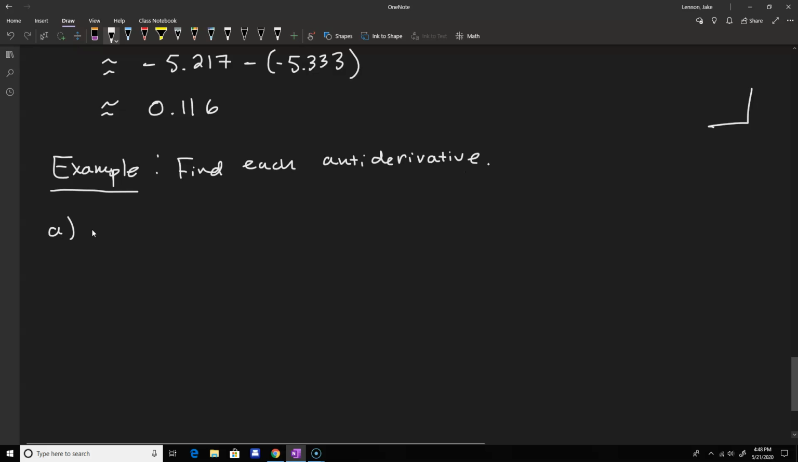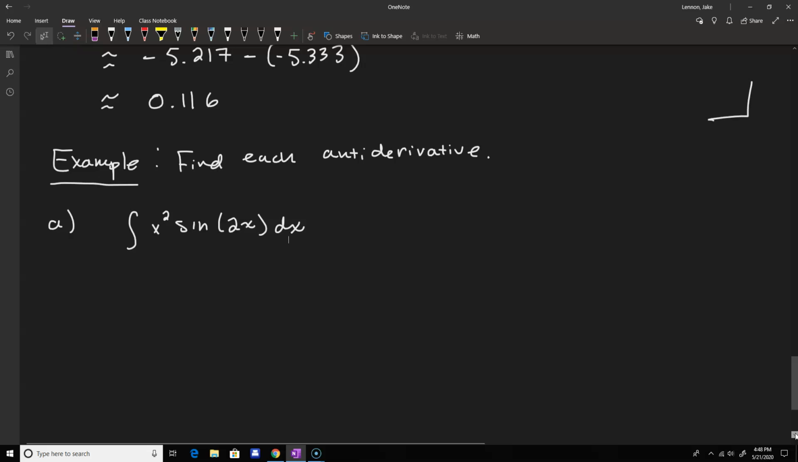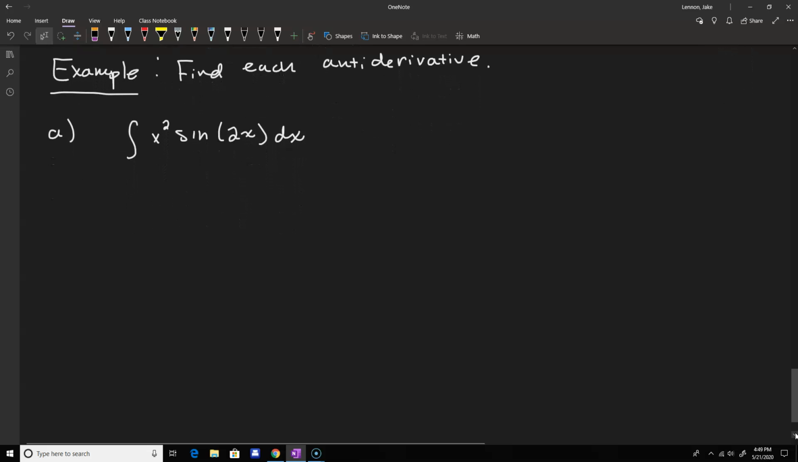So let's look at the integral of x squared times the sine of 2x dx. So what should we pick here? I believe what we're going to do is again pick u to be x squared, and let's let dv be the sine of 2x dx. So du is 2x, and